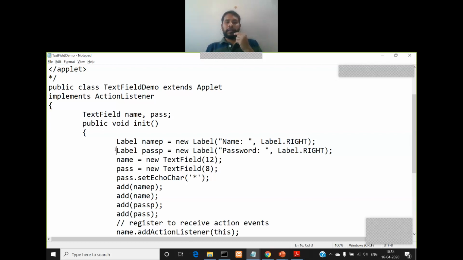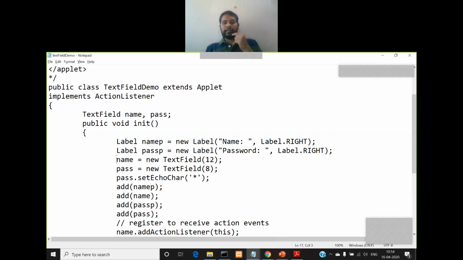Similarly, I'm creating another label called pass p. The label string will be password, and this is also aligned to the right. So we have created two labels first, and we have already created reference variables for text fields, that is name and pass, but we have not instantiated them.